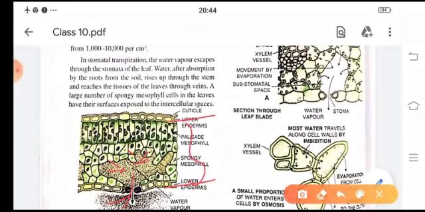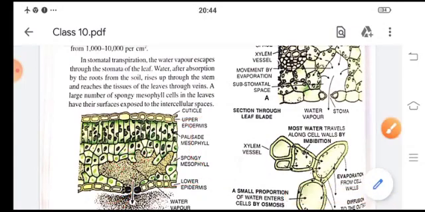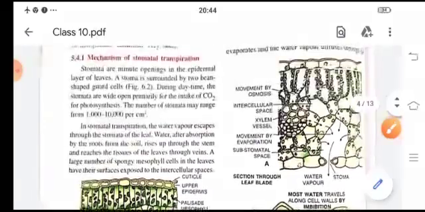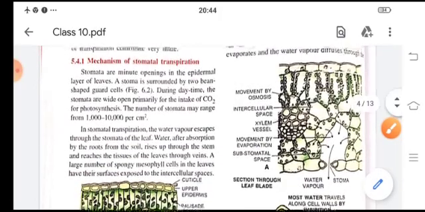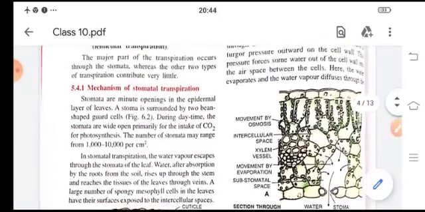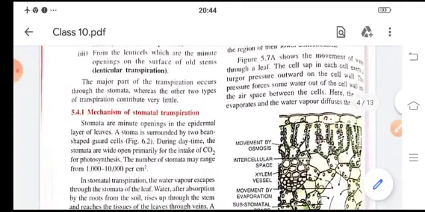The process of transpiration takes place only during the daytime, because in the day the stomata are open for the intake of carbon dioxide for photosynthesis. But during the night the stomata get closed because the photosynthesis process stops, and the guard cells lose turgidity, and due to the flaccid condition the stomata get closed.